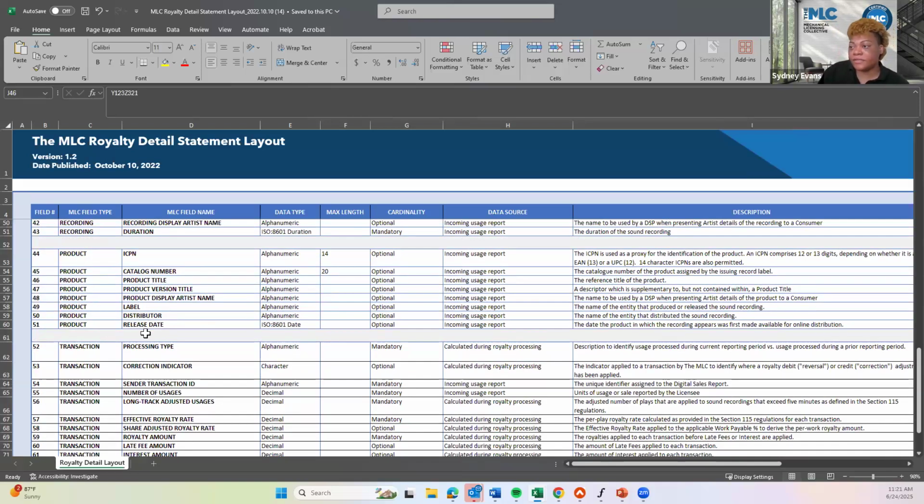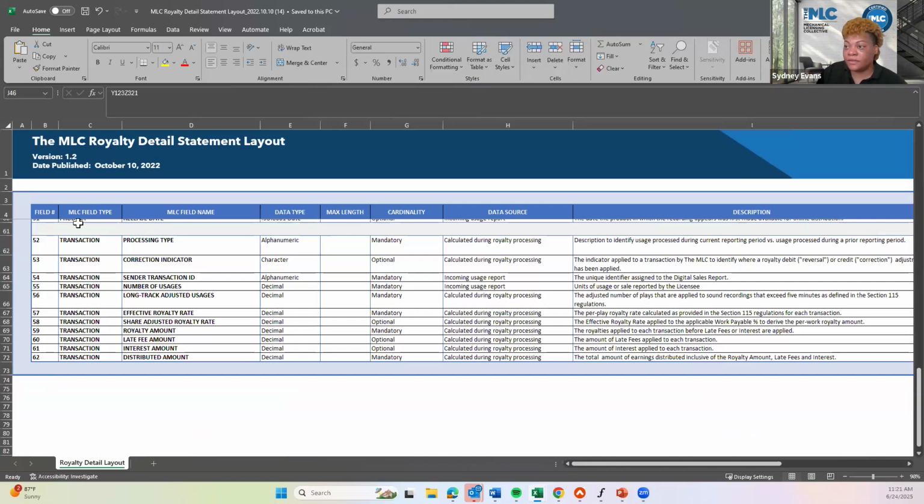And then you have the product type, which is pretty similar. You have the product title, product version, then you have the display artist name, labels, distributors, release dates. That's pretty much what you would see in this section. And then the field that we've been waiting on is the transaction field. In this field, you'll see,